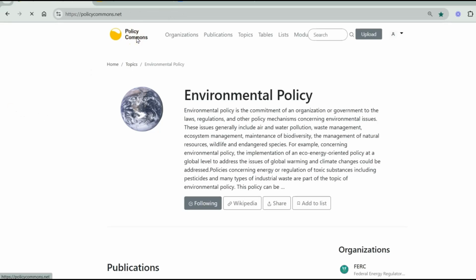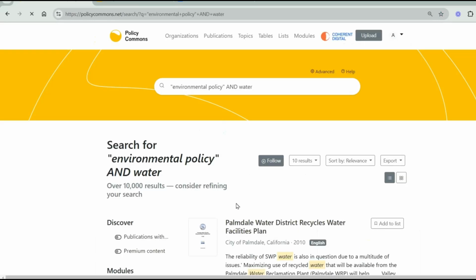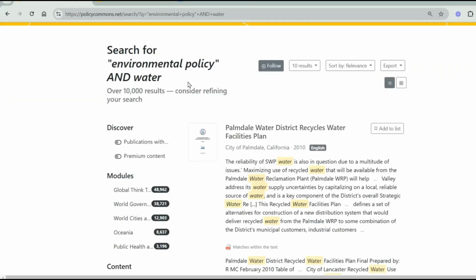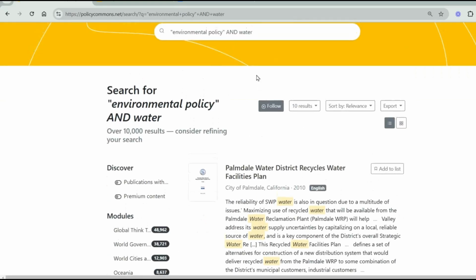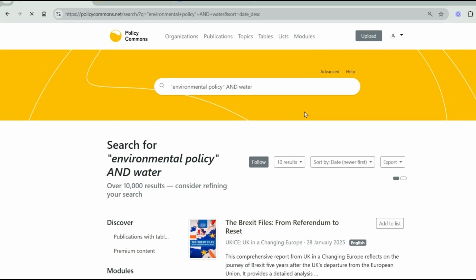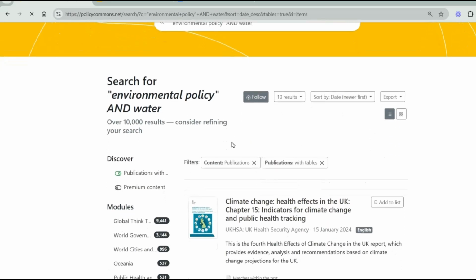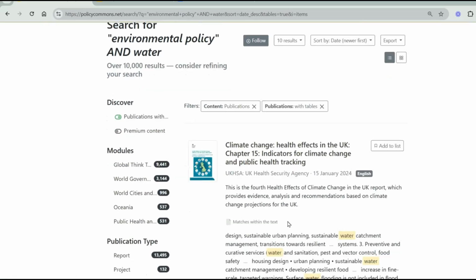You can also follow custom searches. So going back to the home page, I'm going to enter a more specific custom search for environmental policy and water. This will yield search results relating to both the keywords that I've put in. I'm going to sort my results by newer first. I'm going to further filter down by publications with tables